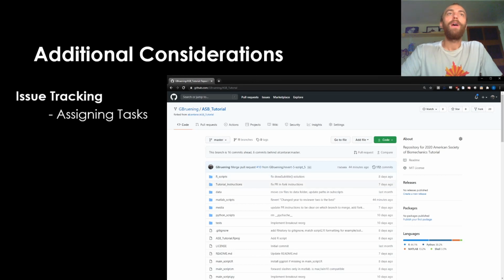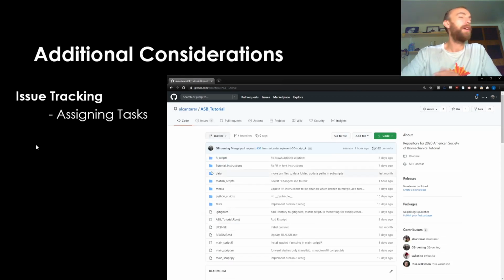So if everyone followed our tutorial, you actually forked these versions, and you won't actually have that issue tracking there. Issue tracking is really only for the base. So when you create your own repositories for your own code, you'll have this. So I'm going to go to Ryan's ASB tutorial, and up here now we see the Issues tab. So if we go into Issues,